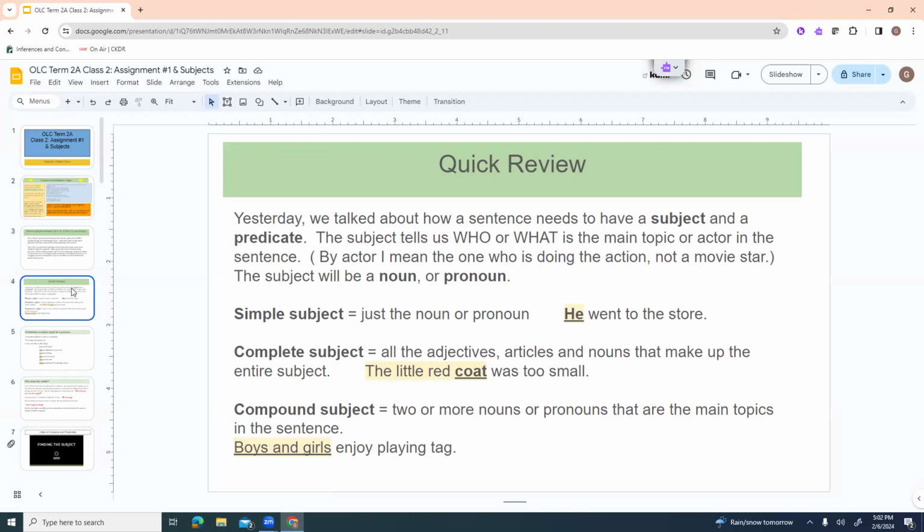So a simple subject is just a noun, like the boy, or a pronoun, like he went to the store. A complete subject is all the adjectives, articles, and nouns that make up the entire subject. So if I said the little red coat was too small, the complete subject is the little red coat. But the simple subject,